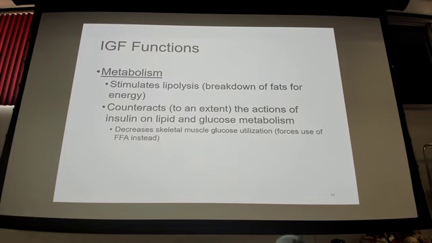All right, lipolysis. What is that word? Break it down. Lipo, fat; lysis, breakdown. Already talked about that, right? Counteracts the actions of insulin on lipid and glucose metabolism, right? So what is insulin trying to do in general? You guys know this without having had it. What do diabetics take insulin for? To lower their blood glucose, right? What are IGFs and HGH trying to do? Raise blood glucose. They're typically antagonistic, and that's going to get to your question that you asked in the back in just a second, okay?